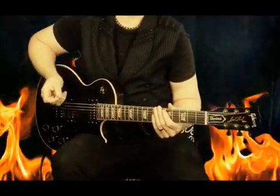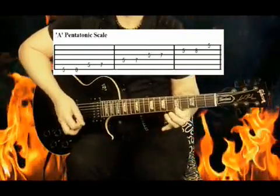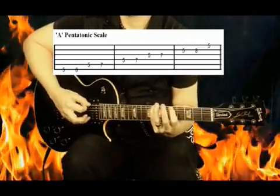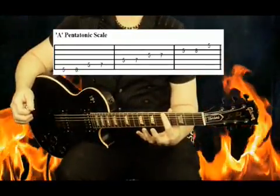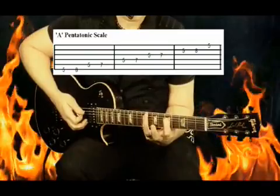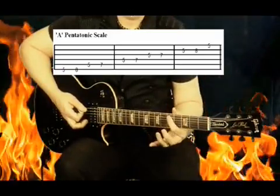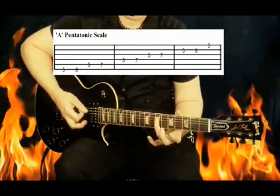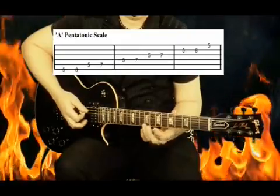This is the A pentatonic scale. We're going to start off on the 5th fret of the low E string. That's with your first finger. Then you're going to play the 8th fret with your pinky. Then you're going to play the 5th fret on the 5th string with your index finger. And the 7th fret with your ring finger. So thus far we've got